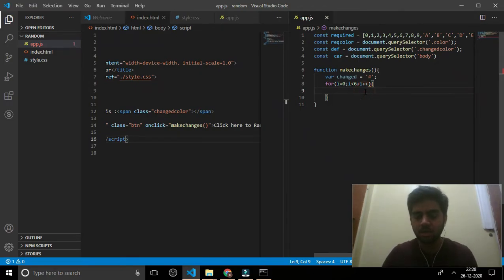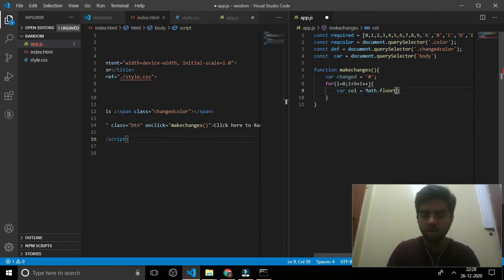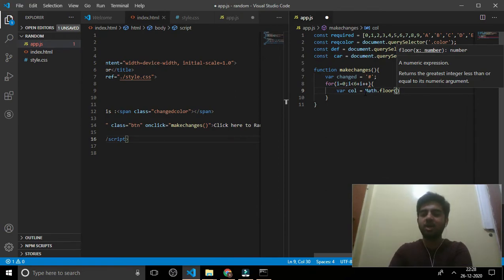Okay, now I'll declare a variable called, what shall I call it? I'll declare a variable called call is equal to Math.floor. I'll explain why I'm using Math.floor and Math.random here.